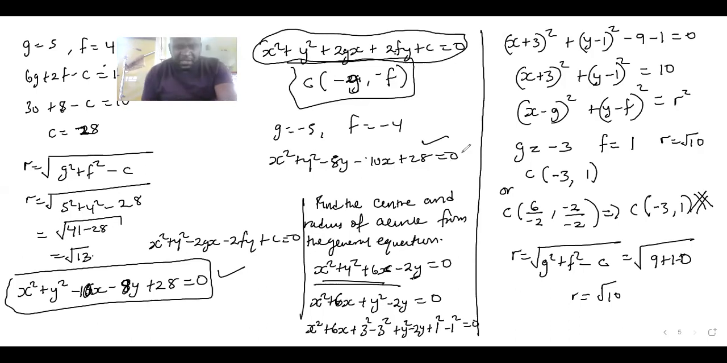Now, let me use one which has a constant c. This one never had a constant c. Let me use one which has a constant c, and we see what we have. The second illustration on this, if I have x squared plus y squared plus 2x plus 4y minus 12 is